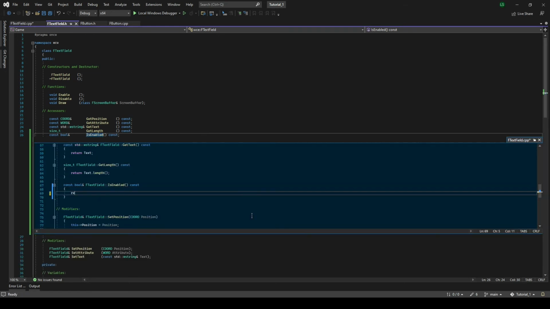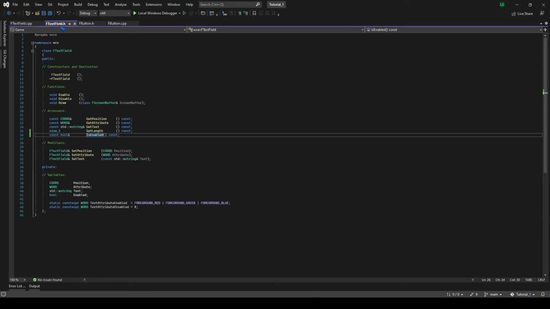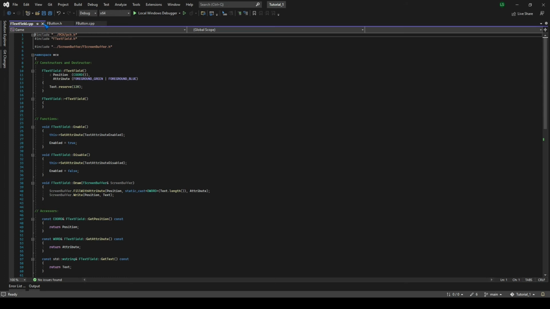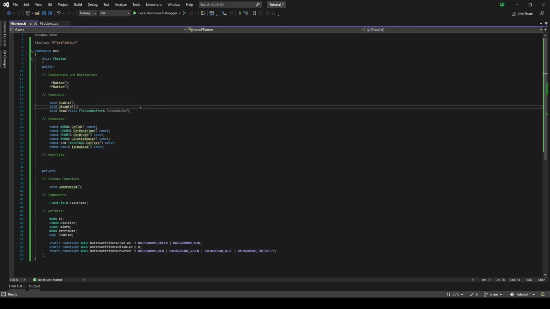And here return enabled. Simple as that. Now we can close this one. Here is enabled. And in modifiers we also have button